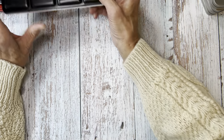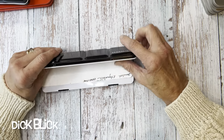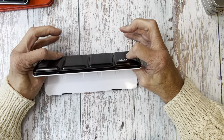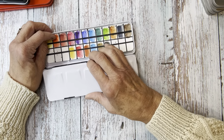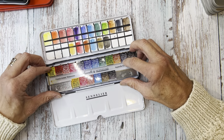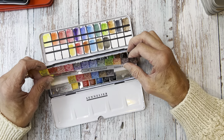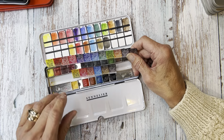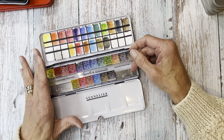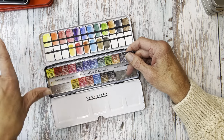This is a French line of watercolors, and also a nice higher gauge steel palette. This is their 12+6 set, and I really like this one. This one is the professional tier, not the student tier, and it gives you a good range of warm and cool, a dual primary